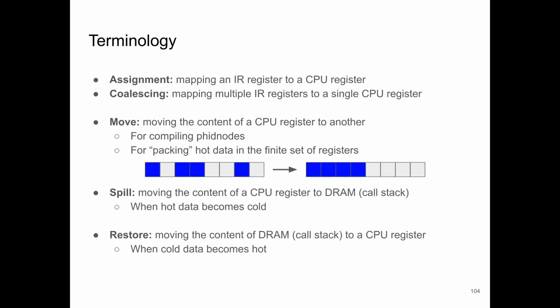On the other hand, when cold data becomes hot, we do exactly the opposite, which is restoring, or moving the content of DRAM, which is in the call stack, into a CPU register. So by moving data between CPU registers and DRAM, we can have a spill, a restore, a move, and other things as well in the toolkit of a register allocator. Okay, so far so good. And yeah, let's move on to the